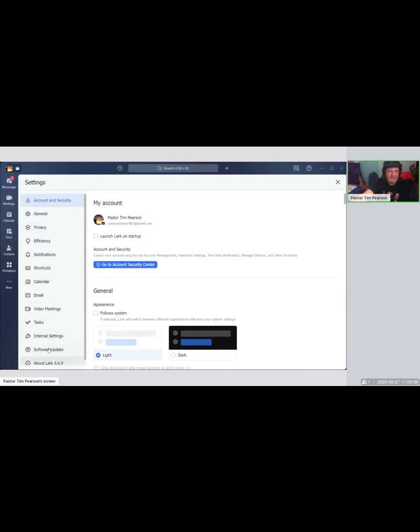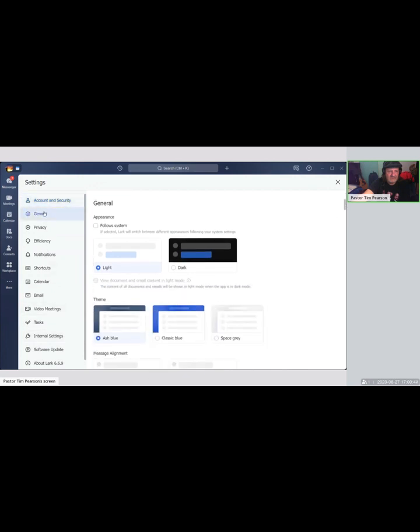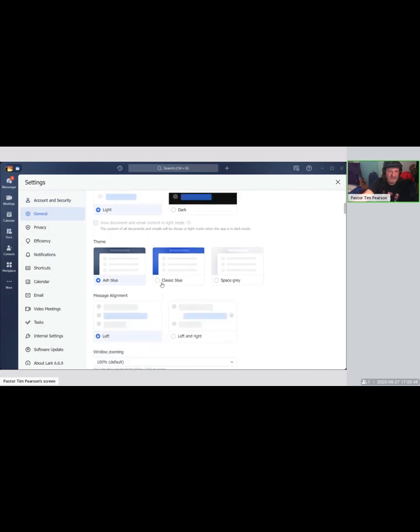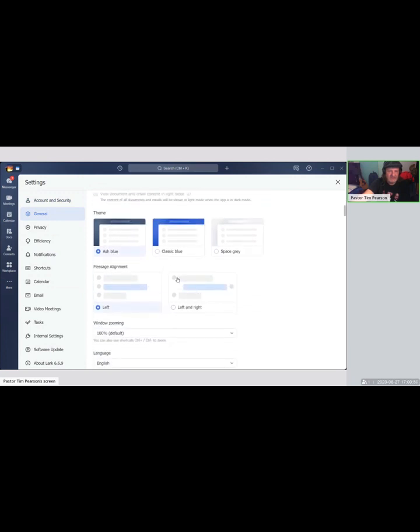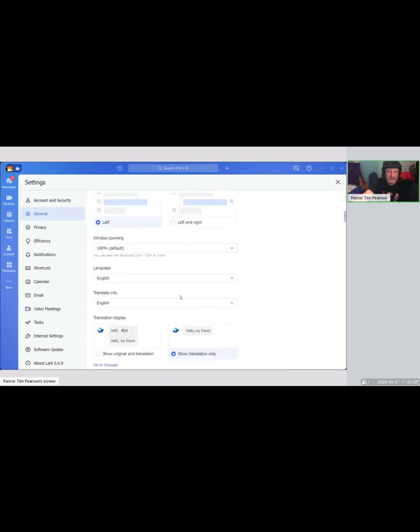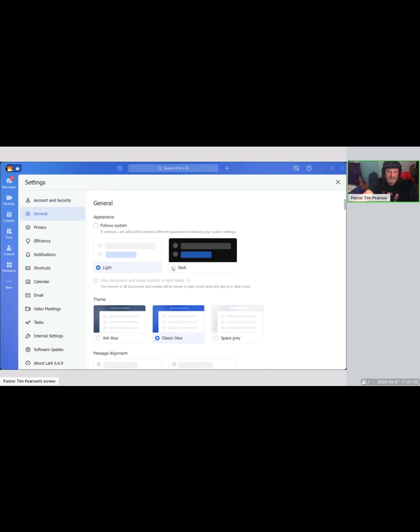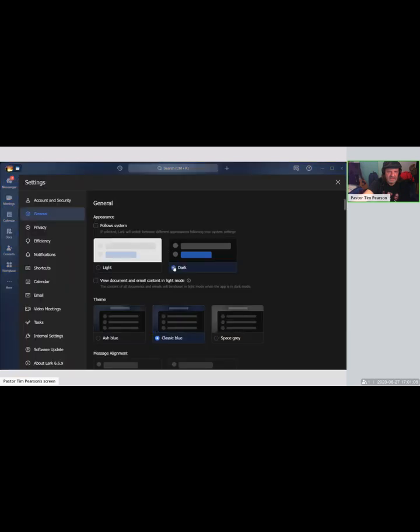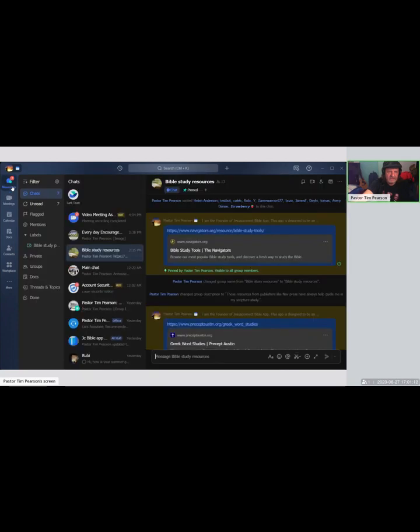There's software updates in your general settings. I think you can go light or dark, and it gives you what you can do, which is cool. It's not going to give you a lot of customization, but you could go dark, which is kind of cool.